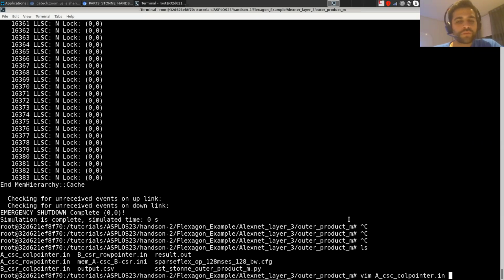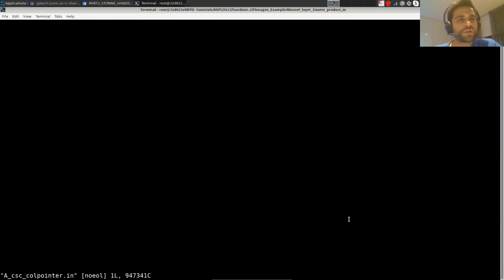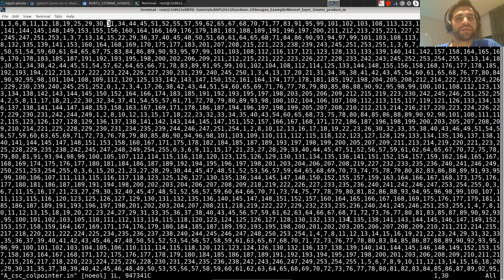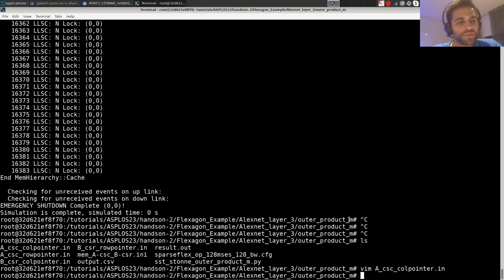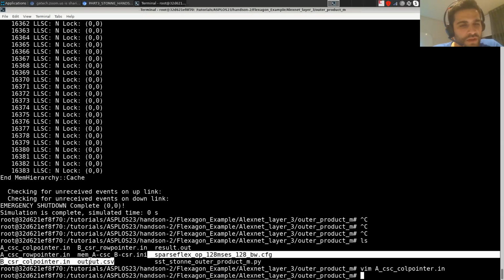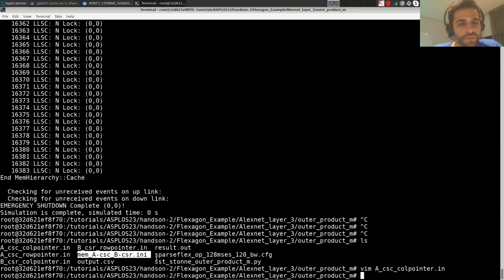column pointer, row pointer files, which contain the matrix row pointers. For this, you have to know the CSR CSC format, which has basically a row pointer vector, column pointer. So all of that is indicated here in this file. This is the row pointer. This is for A. This is the row pointer for B, column pointer for B as well. The same for A. Here, the memory with the data. Okay, this will be loaded into the DRAM. And then